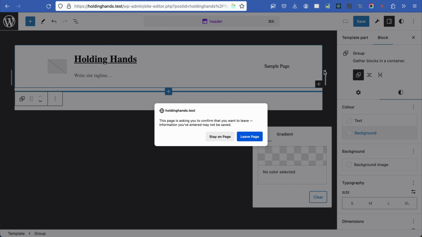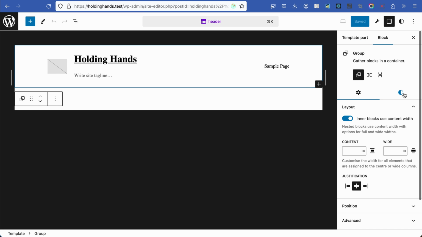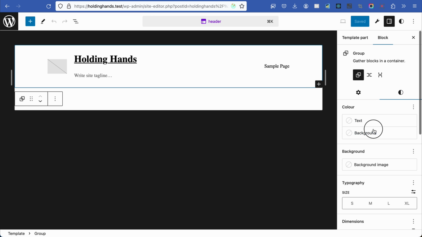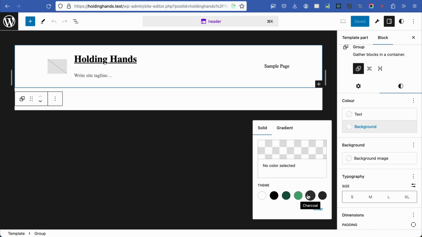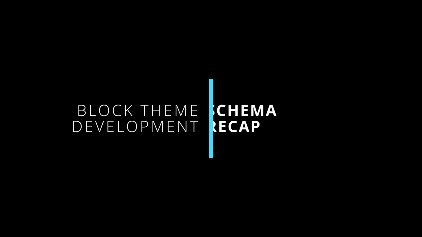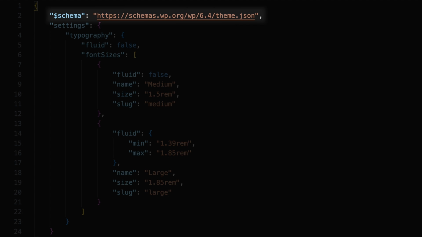Now back to our site editor, let's refresh the page and select a block to see our custom color palettes in action. And there it is, a unique color palette coming directly from our theme.json file. And that's it for customizing the color palette. In the next section, we'll dive into adjusting heading styles and fonts. Before we continue, let's just have a recap on the theme.json and why you should be using the schema